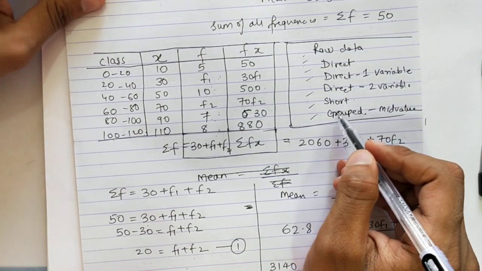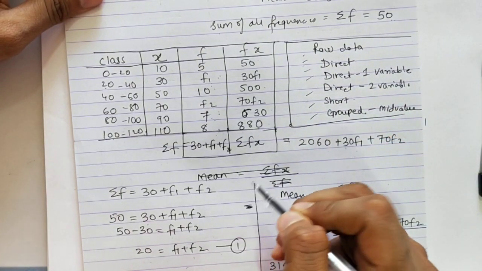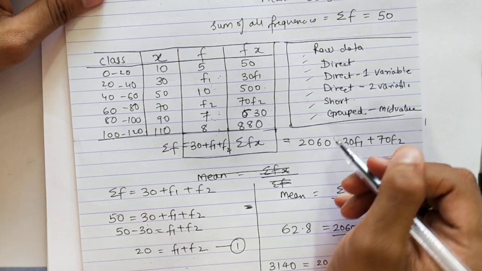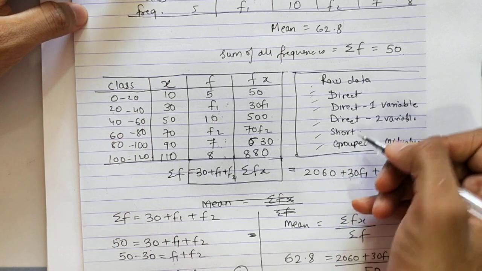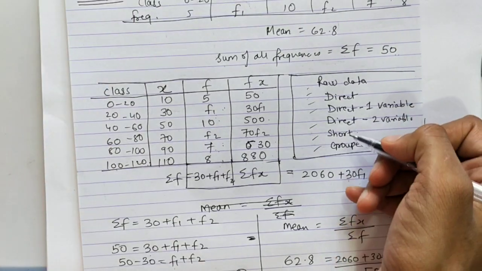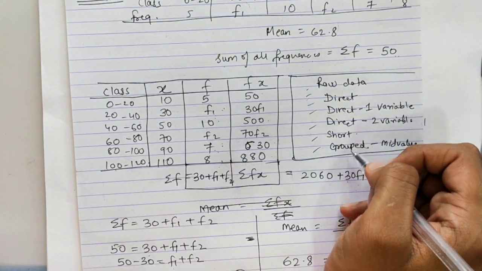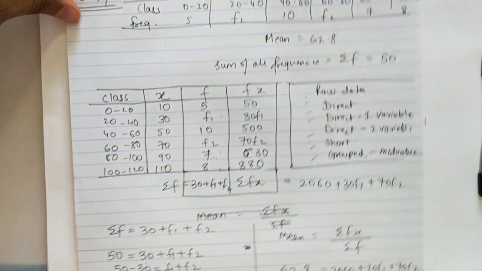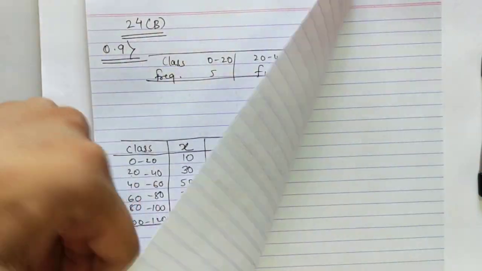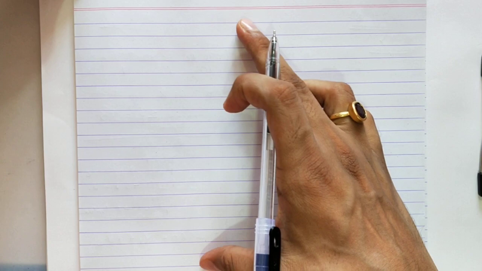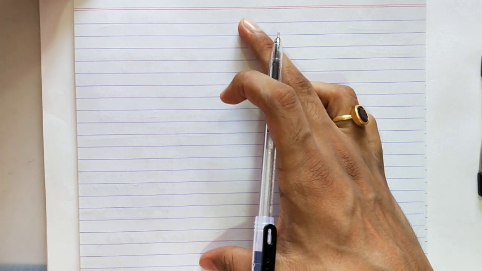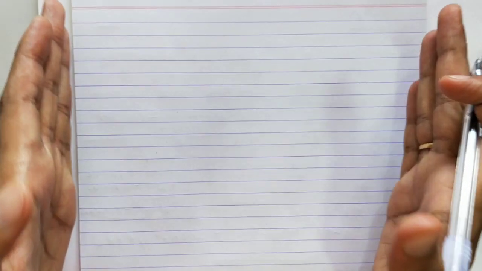Now in this exercise we also have step deviation. So let's do a sum of step deviation now. This is the lengthiest method. If this sum comes in the exam, it will come for at least 4 or maximum 5 marks. So let's start step deviation. If you are using a small notebook, this sum will not fit in your book. So make sure you have a long, broad book, because there are a lot of calculations in this sum.